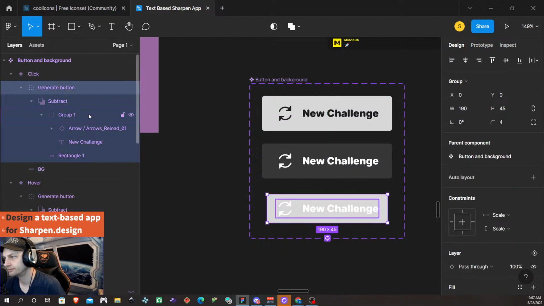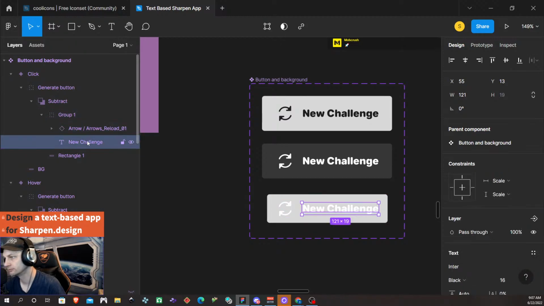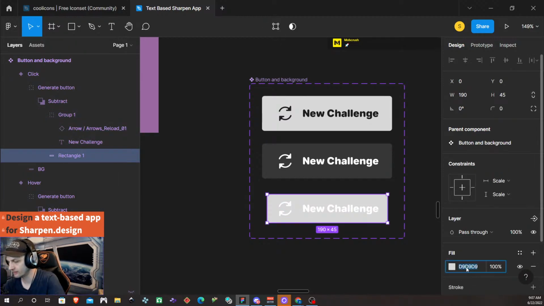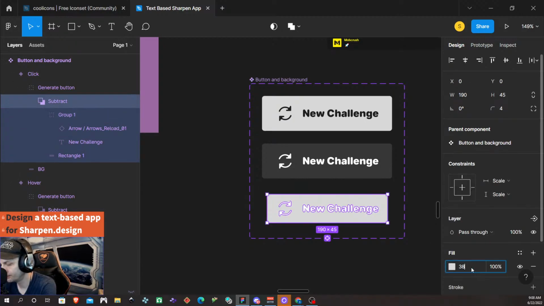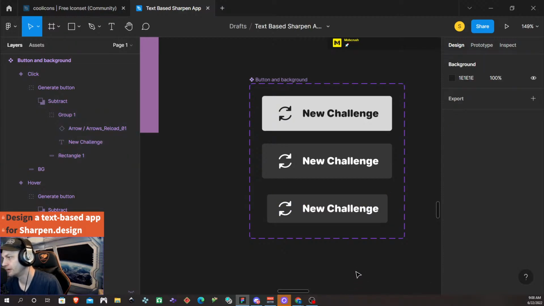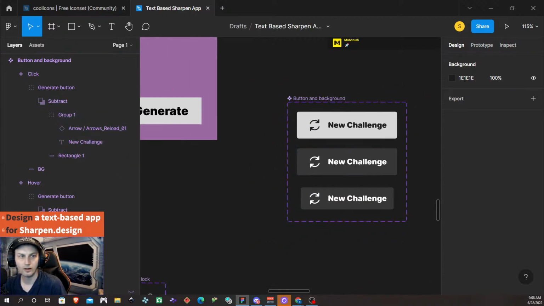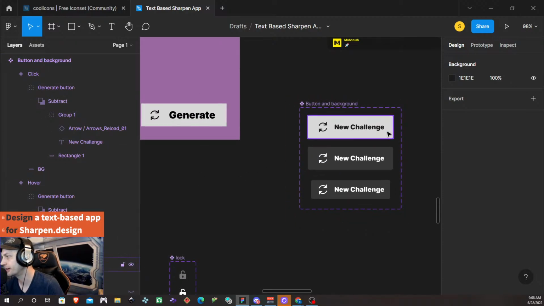Oh, and then we need this to be 383839. Shit. Is it this whole thing? Alright, there's no shadow. I don't... there's a little bit of shadow on... I'm not even gonna worry about shadow. So